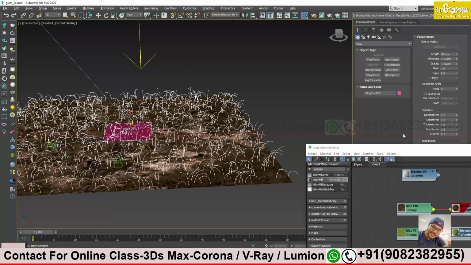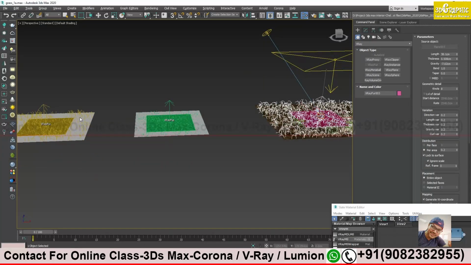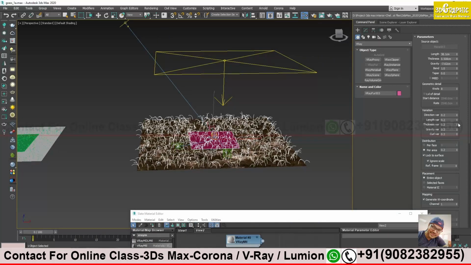And secondly, the properties you see over here, the length, thickness, gravity, bend and all other parameters, these will be the last saved parameters. Means if you have experimented something over here, the last saved one will be copied over here. So if you are working newly on V-Ray, on a computer newly, this property will be a little different. But not to worry, we will discuss most of them. Whatever is needed, we are going to discuss what the properties are, and they are very easy to understand.